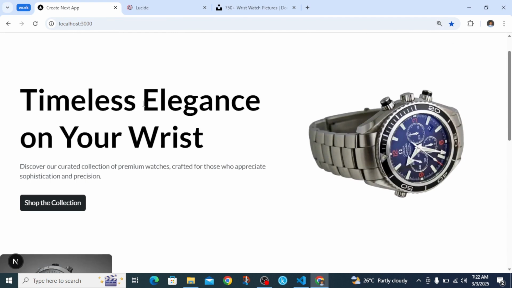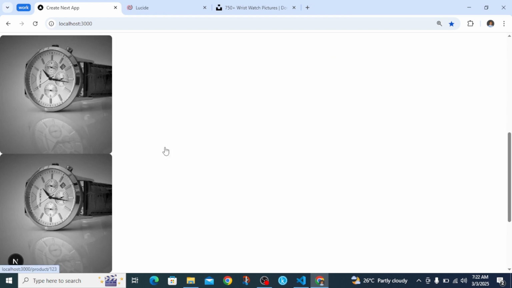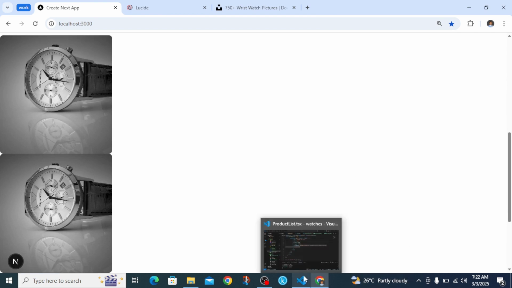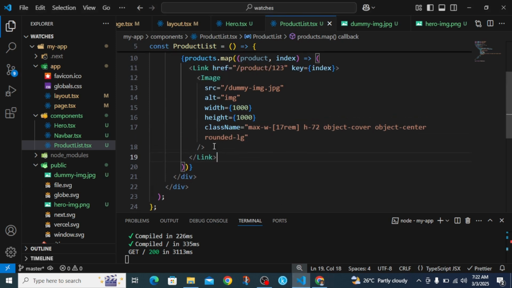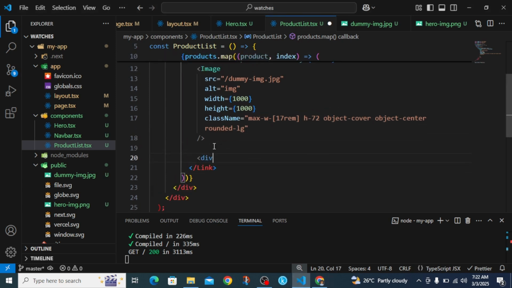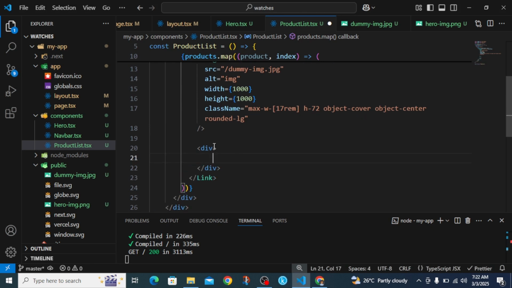Under this image, you're going to have a div which is going to contain your product name and the product price. So let's go under this image here, create a div, add a div, and then for the product name we're going to put it in an h2 tag. We're going to just say a very good watch,